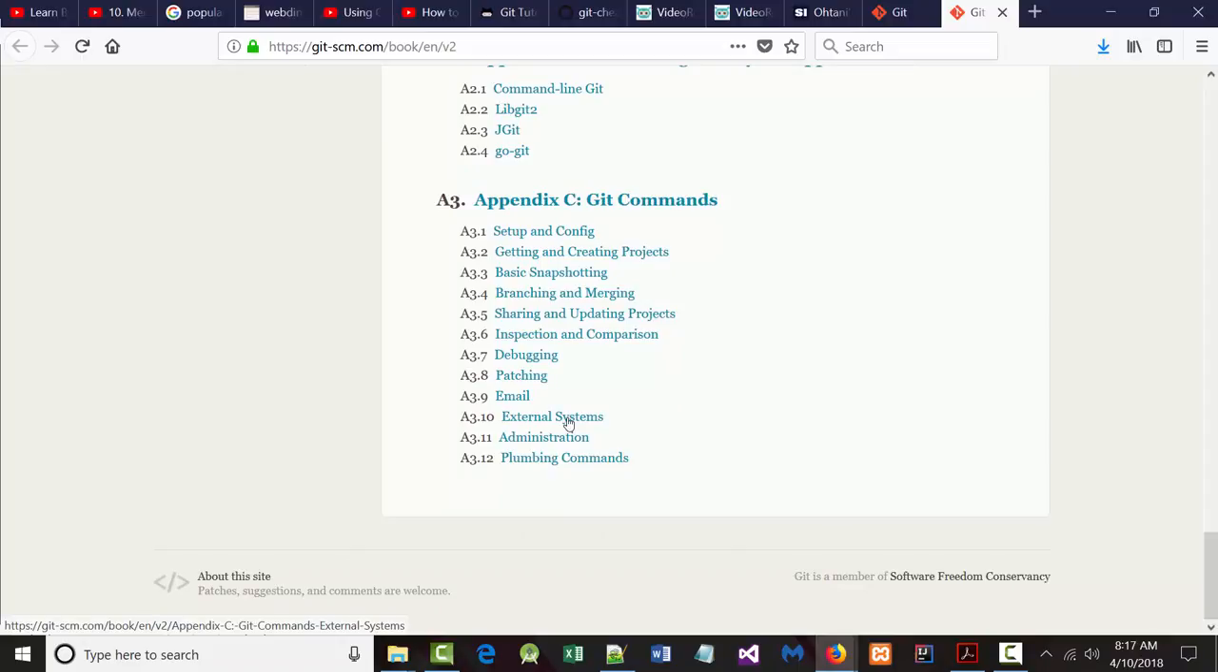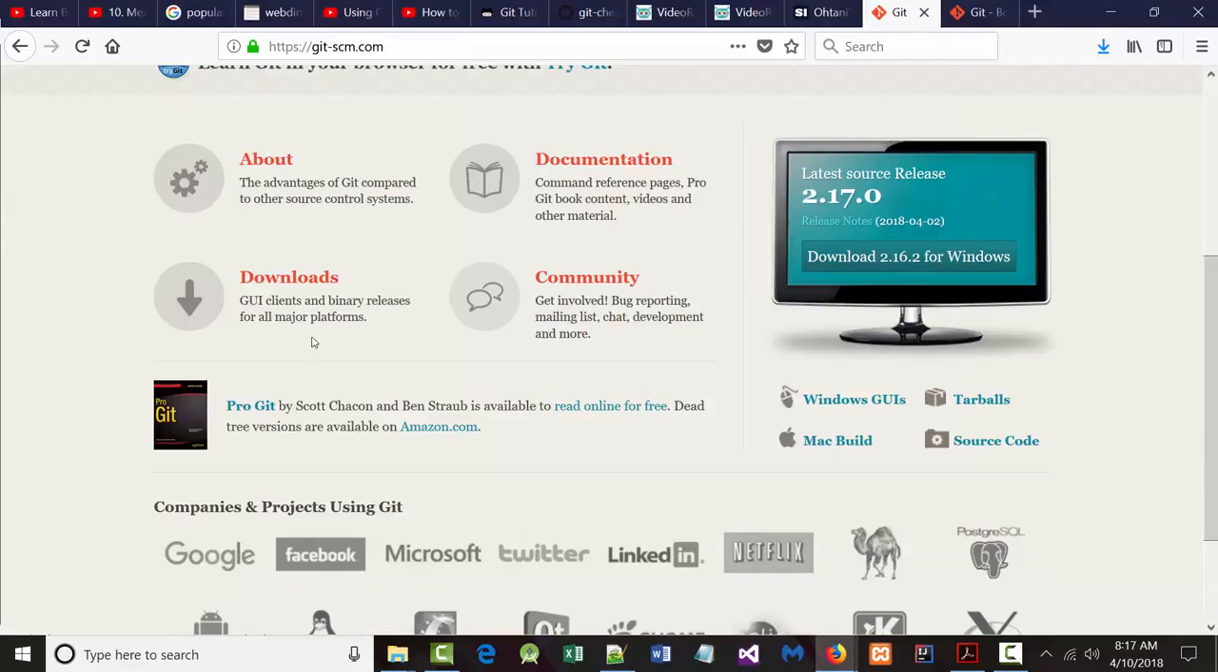Now, when we run Git from this book, we're going to do it from a command line. But I'm also going to show you how you can do the same stuff if you don't want to do it from the command line. You can also do it from a GUI, a graphical user interface type of way of doing things. All right? So if you would, go back to this